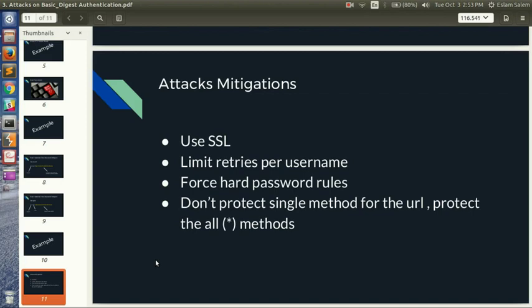You must limit retries per username to avoid brute forcing attacks. You must enforce hard password rules to make it hard for decryption tools if the credentials are leaked by any means. And lastly, don't protect single methods for the URL. Protect all methods. If you protect a URL using basic auth, protect all methods for this URL. Don't protect some methods and leave another method open. This will lead to an attack. Okay, that's all for